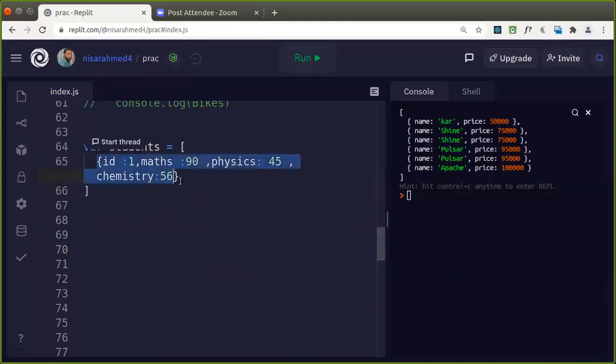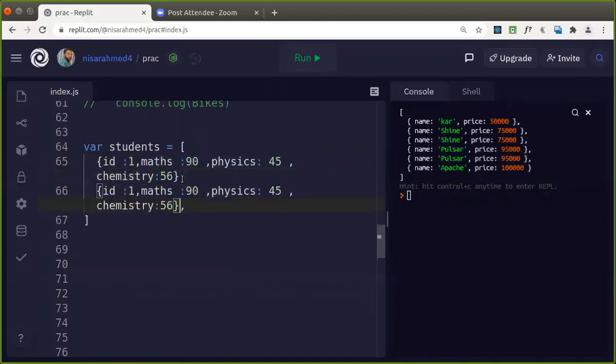So like that you can take for multiple students, with different IDs. Good.